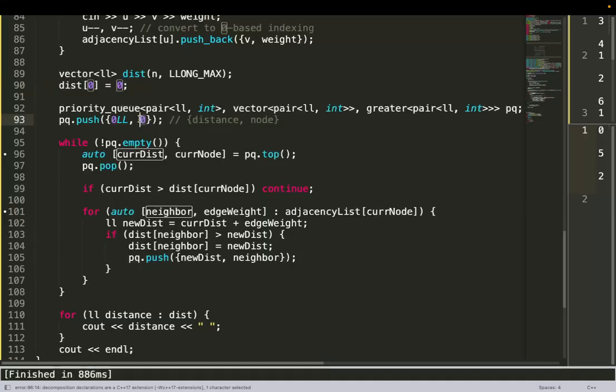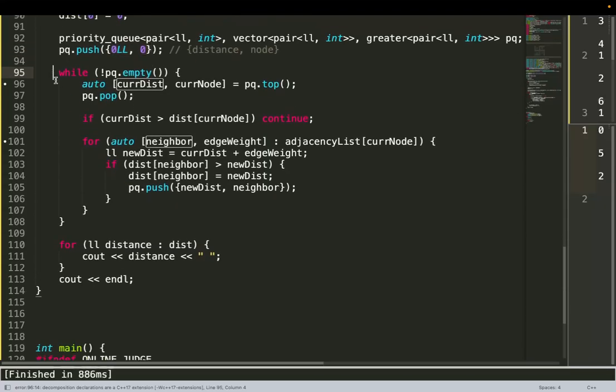My current source node is 0, and to reach that particular source node, the distance is 0, right? So in my priority queue, I push back 0, 0. Now a simple Dijkstra algorithm, as we write: while the priority queue is not empty, extract the topmost element. I am pushing the weight, or basically the distance, in current distance and the node in the current node, and then popping the topmost element of the priority queue.